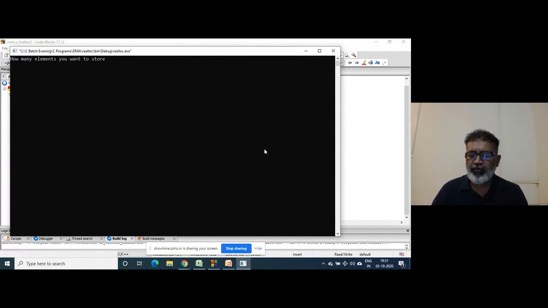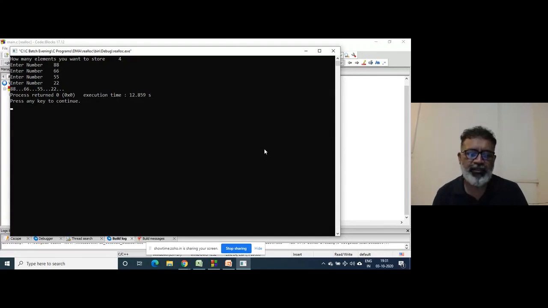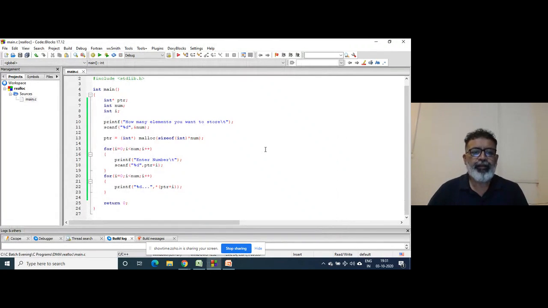So how many elements do you want to store? Suppose I want to store 4 elements: 88, 66, 55, and 22. So 4 elements are stored here, right? Now, suppose